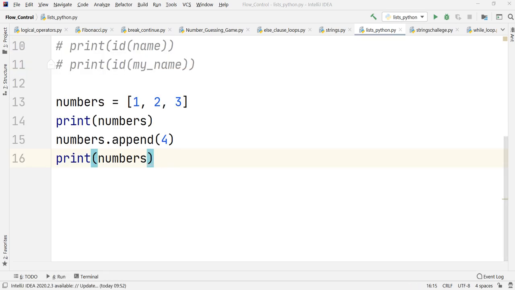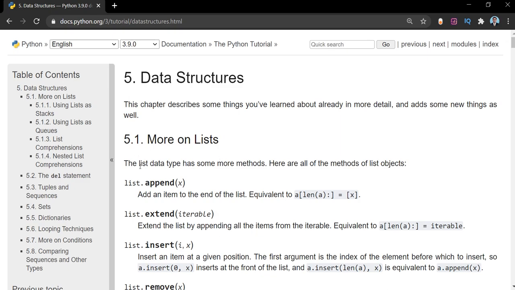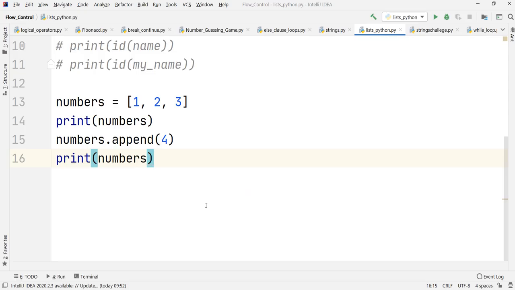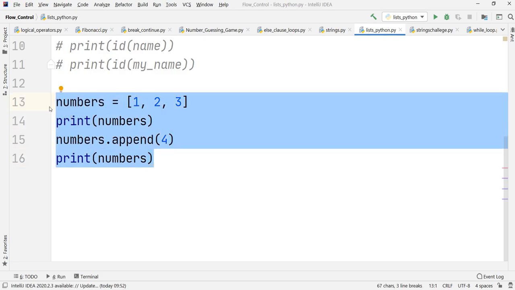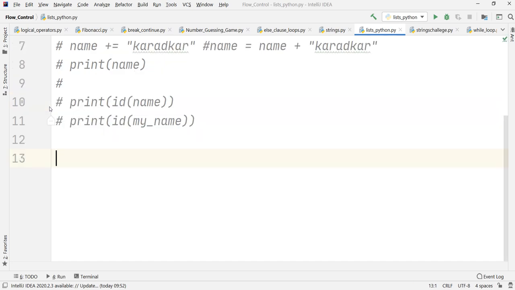If you check the documentation as well, under more on lists, you will find the method list dot append x. Here x represents the item that you want to append, list is the name of your list, and append will append value x to this particular list. Let us go back to our code. I hope you have understood how we can append to any existing list. Let us use the same concept in our earlier code and try to understand how list will behave in this respect.